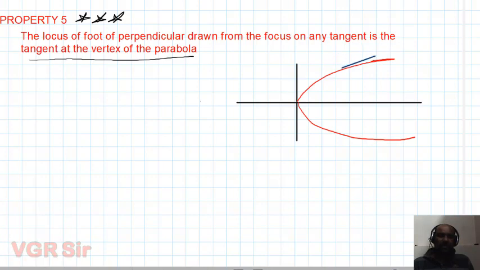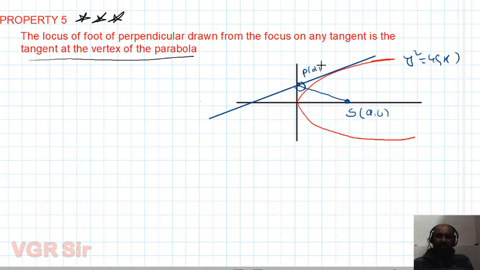Yeah, this is one of the tangents. Okay, this is the focus. So the standard parabola y square equal to 4x is taken. From this we need to draw a perpendicular on the tangent. Actually the point will fall here only. So this is P(alpha, beta).